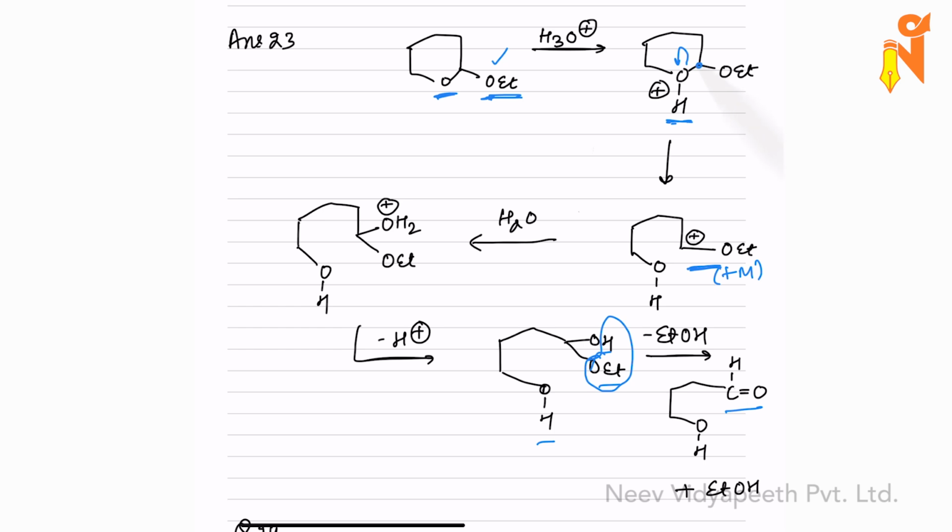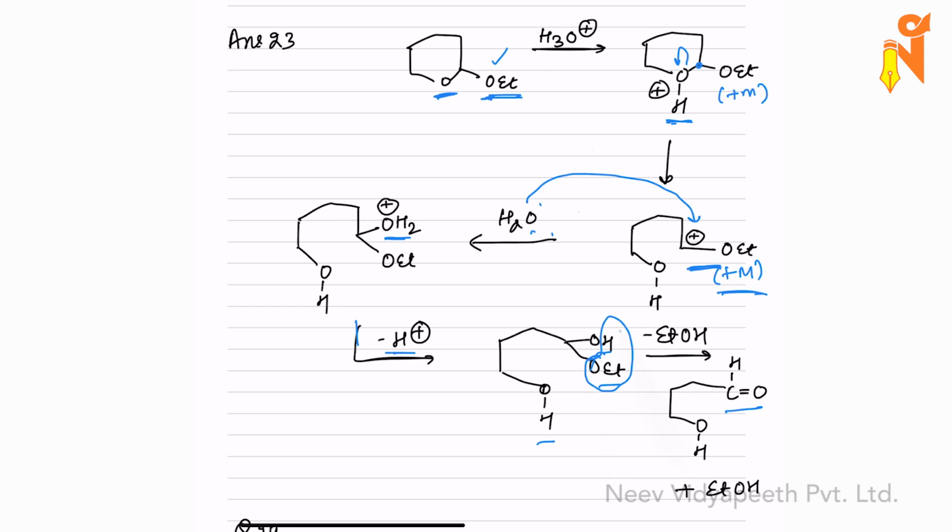Now here on this particular carbon, you can clearly form a cation by breaking the bond because it will get the plus M stability. So here your OEt is generating a plus M stability. So the bond between oxygen and carbon will break. It will become OH. You'll get a plus charge over here. And here is your OEt. Then you will further try to attack it with water. Water will attack on this plus charge carbon, and it will form OH2 plus and OEt, which will eventually give away the H plus. So this will become OH.